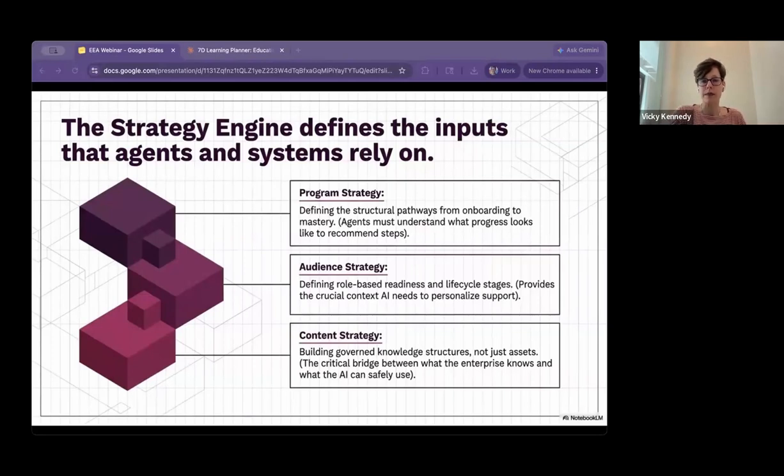And so sometimes I see people start with the idea of an LMS or start with the technology. But if we don't have these three dimensions in place and we don't have clarity on what we're doing here, then the decisions around your delivery, and this is also like our decisions around using AI, they are premature if we don't have these three things. Now, that doesn't mean that you aren't going to grow more programs and you aren't going to expand more audiences and you aren't going to keep growing content, of course,